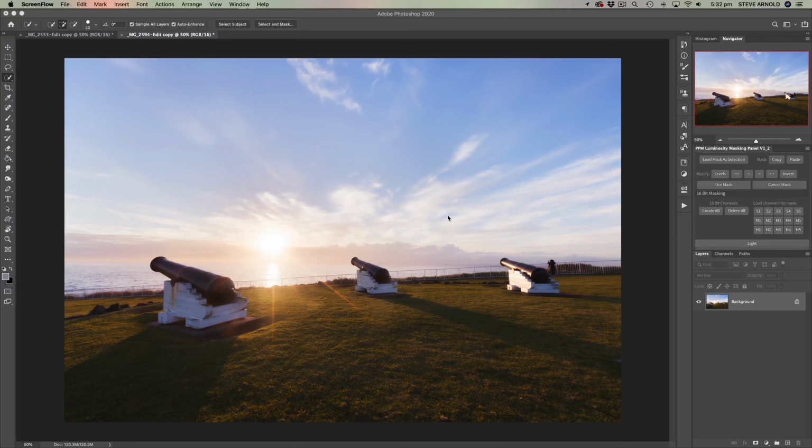Hey, Steve here, and in this video I'm going to show you how to create and save selections in Photoshop so that you only have to create them once but then can reuse them time after time, so it's a